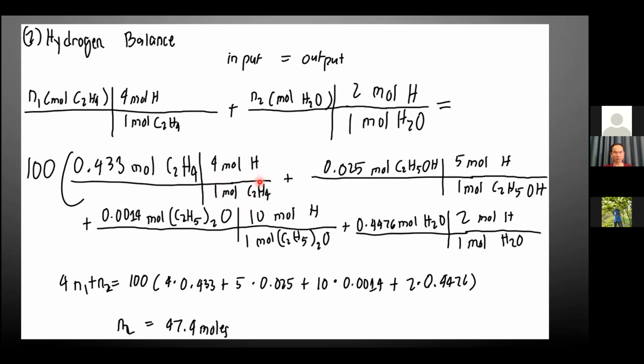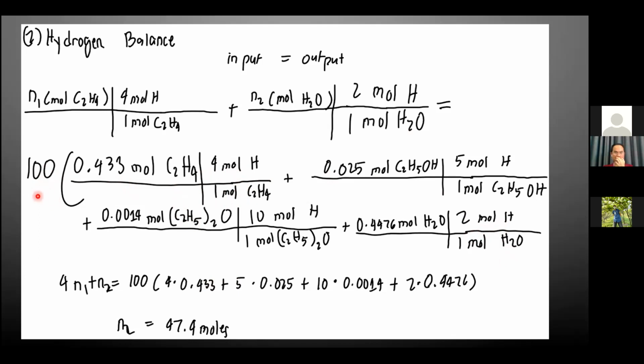So there are 4 moles of hydrogen in 1 mole of C2H4. There are 5 moles of hydrogen in 1 mole of ethanol, and there are 10 moles in 1 mole of ether. And finally, there are 2 moles of hydrogen in 1 mole of water. After we multiply the amount of hydrogen to the molar fraction, we're going to sum it and then multiply it again to the total fraction,